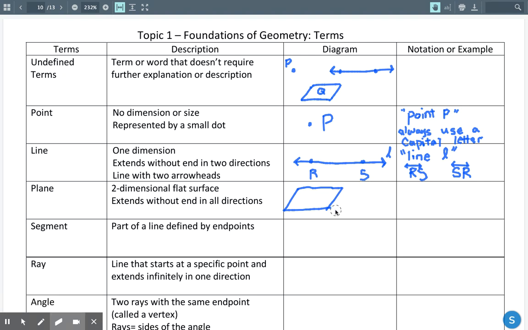It can have more than one, that's fine, but it has to have at least one. So I'm going to draw a point, and I'm going to label that point Q. It can have more than one. You can have point Q, point R, point S, and point P. You can have all sorts of points in there. But for now, I'm just going to label one, and then we would just say in quotes, plane